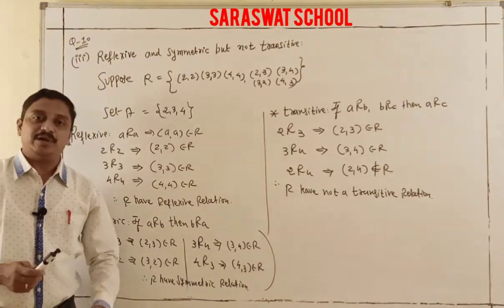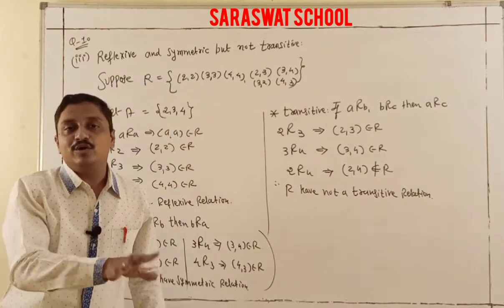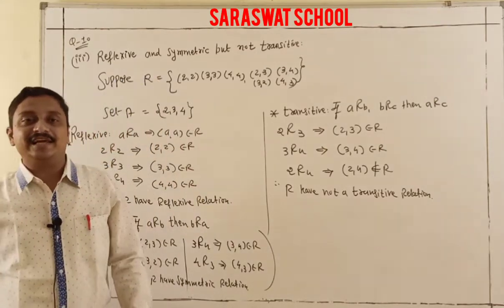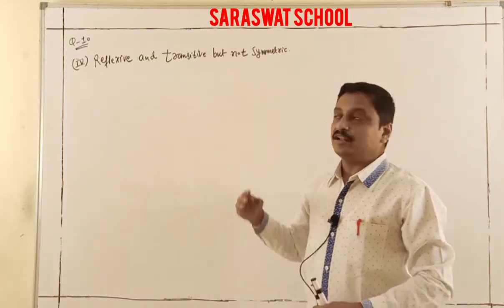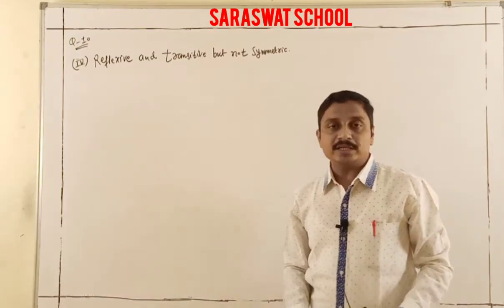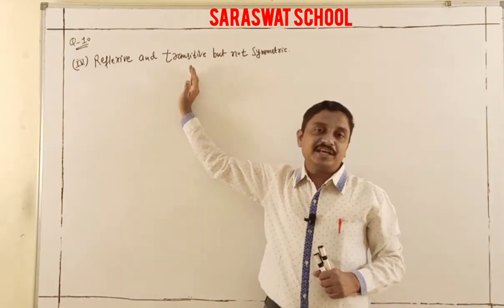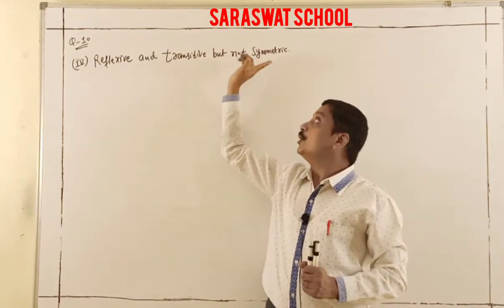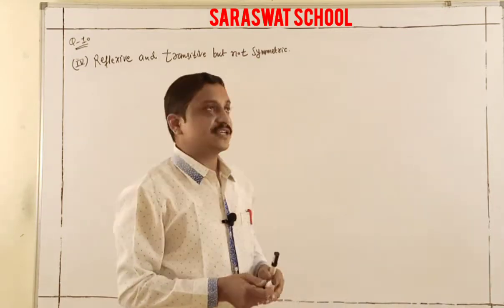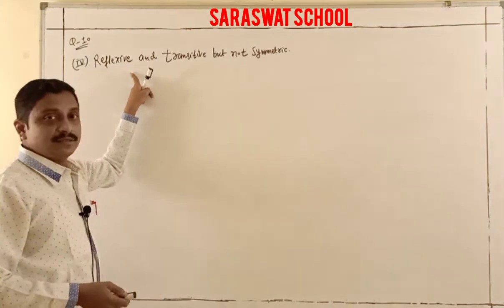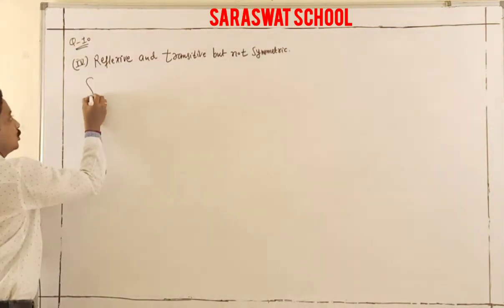Third one completed. Now I go to the fourth one. In this question 10, a total of 5 questions are asked. Now continue, students, question 10, fourth one. Here also asking for an example of a relation that is reflexive and transitive, but not symmetric. Reflexive means there is equality, and transitive means connectivity. So here suppose